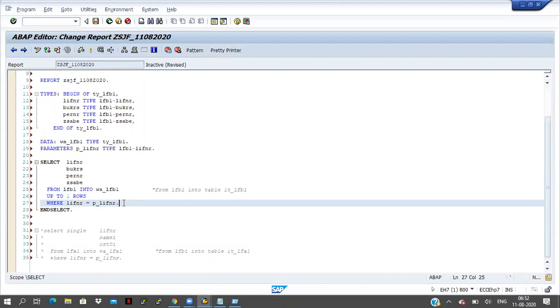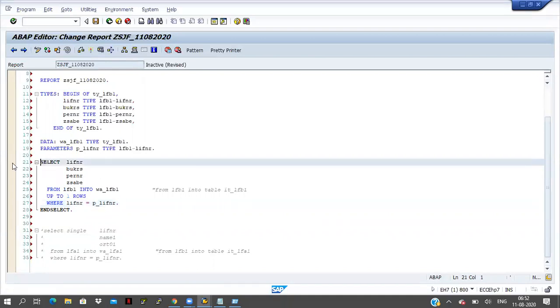Here, all the primary keys I am passing, I know the exact record, that is why I am passing all the primary keys in the where condition. But if I don't know the exact where condition, and I know only one or two of the primary key fields, then we will go for select up to one rows. Here it will also fetch only one record, but not the exact record. I will execute this one, let us see how it will work.